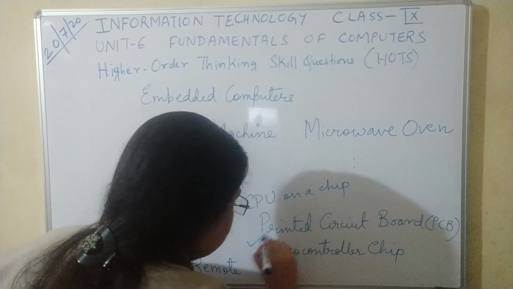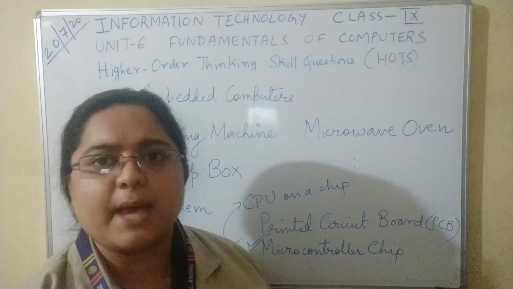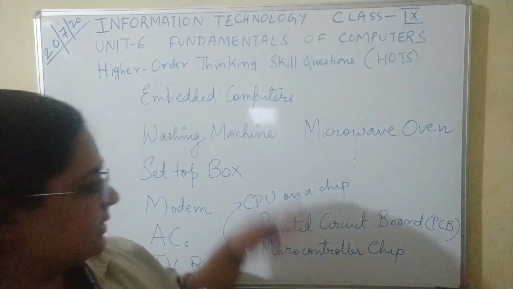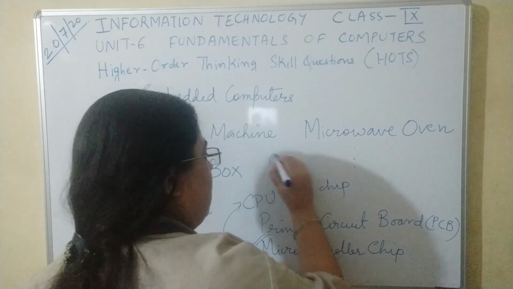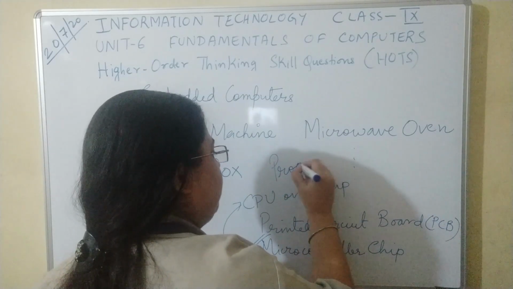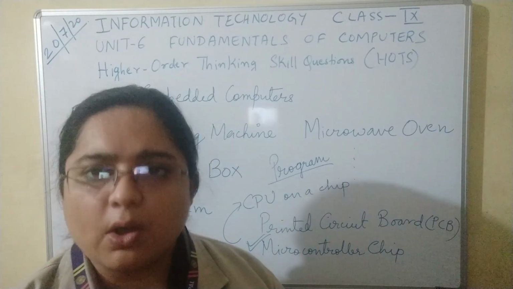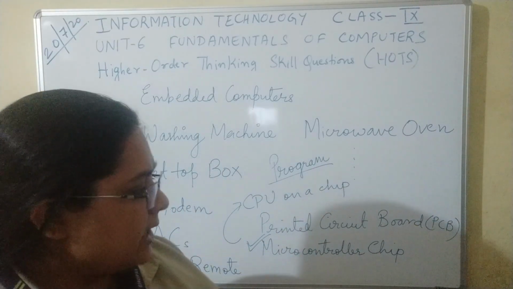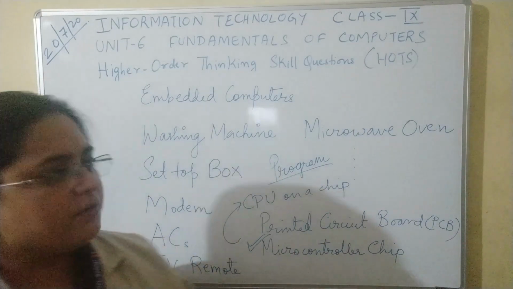This microcontroller chip is actually the brain of this computer, and it manages and controls the entire task of your device. The program is already embedded on this computer. The program which will make the device work, all the instructions are already embedded onto that microcontroller chip, which manages